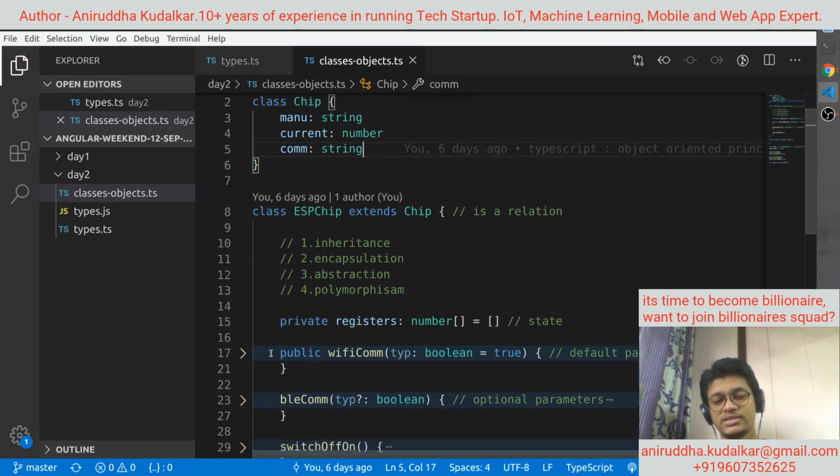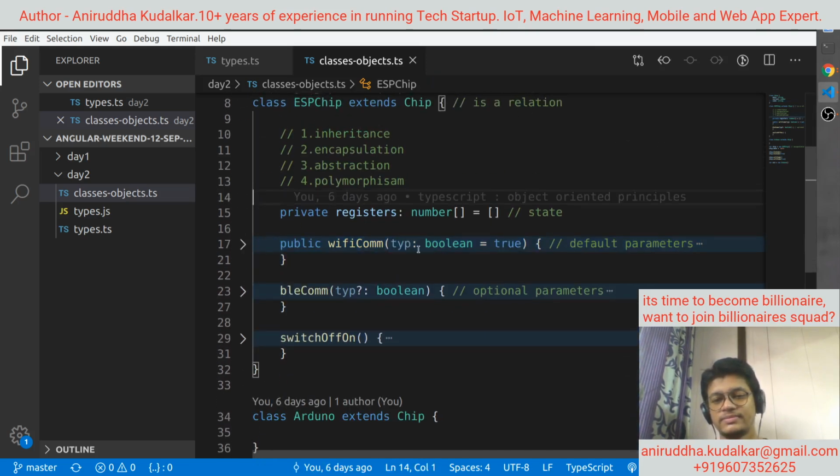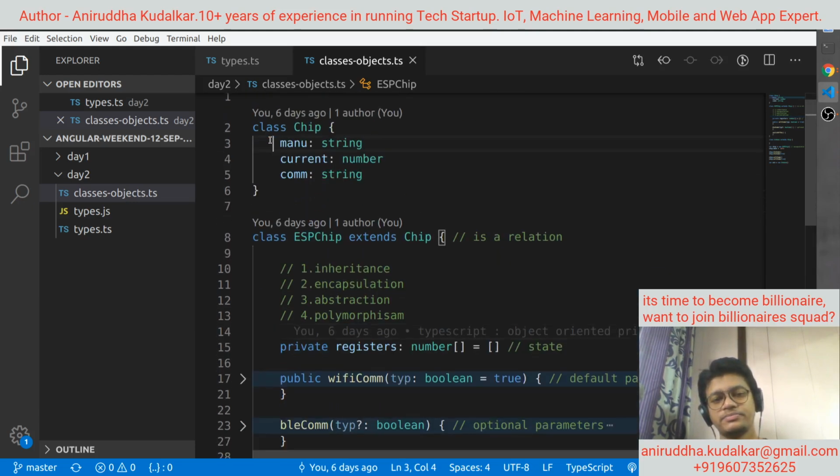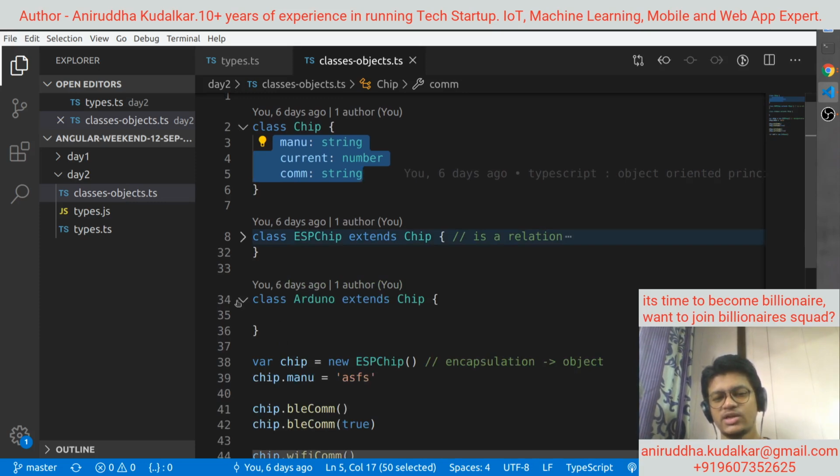This is called behavior, right? Behavior is nothing but the functions or the methods, and these class parameters are called state, and the behavior operates on the state. That's what we have seen about classes and objects.